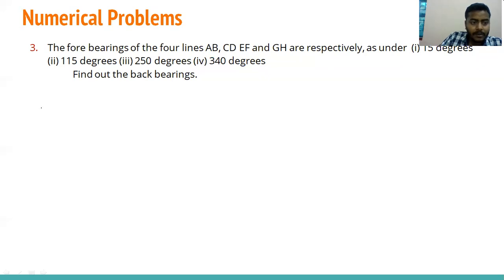So I'm solving one by one. We are solving the first. So 15 degree. This is the WCB given. So we can change this one. Like 15 degree is like this now. Line forebearing is given. The progress of line would be A to B. This angle is given 15 degree.